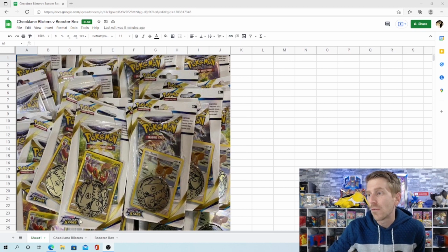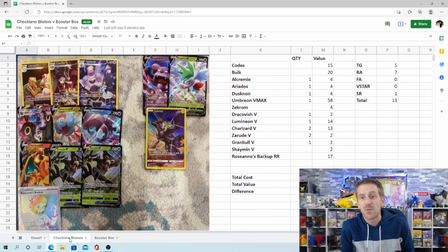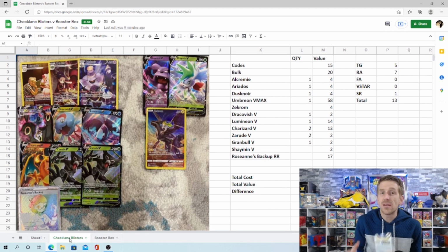And we're going to flip right over to the checklane blisters tab here, and boom, the left side is Flapple, the right side is Eevee. And granted, this was taken out of a couple of cases from a master case, so again, batching could still be an issue, and that's why I really want to focus on information that you guys are able to give